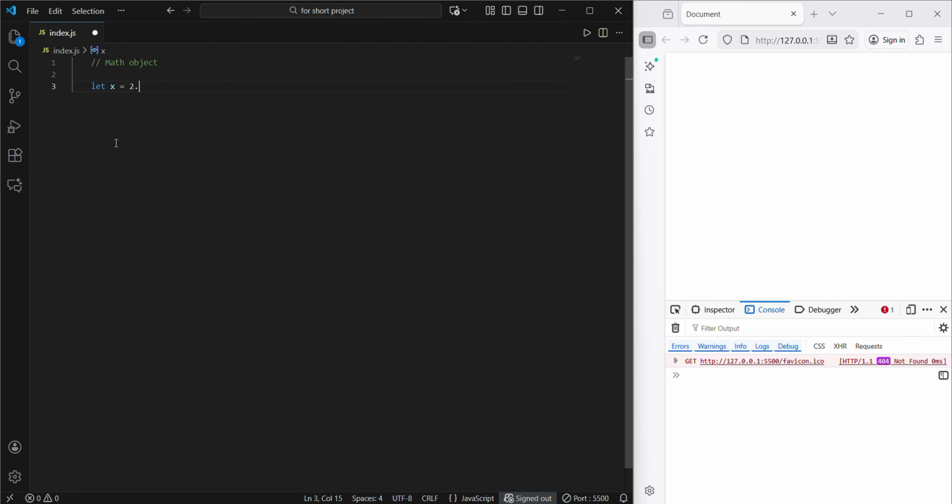Let x equal to 2.5. Let y equal to 5. And I want to make another variable like this. Now, let's know the property of math object. If you want to write math object, at the first you have to write math, dot, you can write the